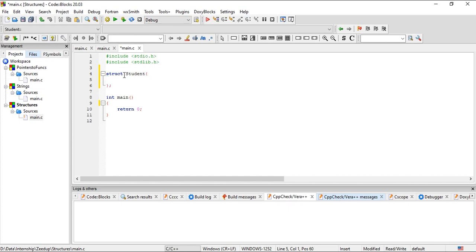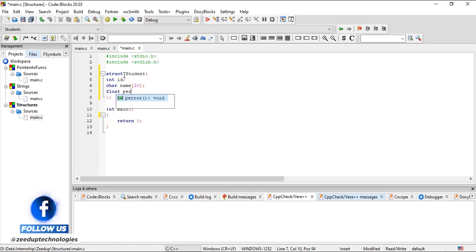So we are expecting an ID, which is of integer type, int ID. Then we are expecting the name of the student. So it's going to be a character array. Let's just create a name of 20 characters. That's simple. And then in the float, we are going to store the percentage of the student. So PER, that's it. So these are the three different types of elements which are contained in a structure called student, and we are able to access them whenever we call this structure student. Okay. So that's very simple. That's how you can declare a structure in C.